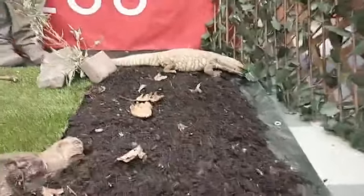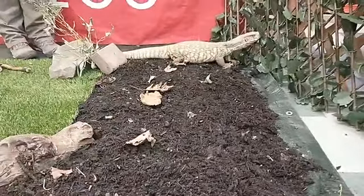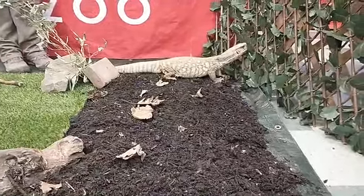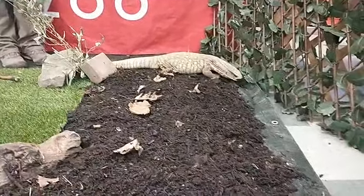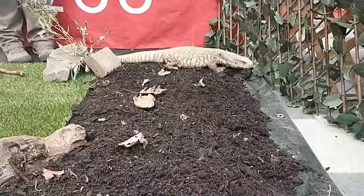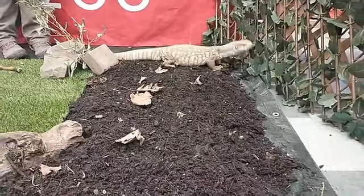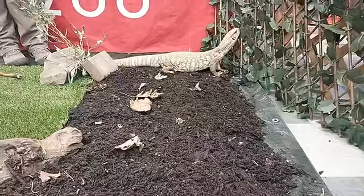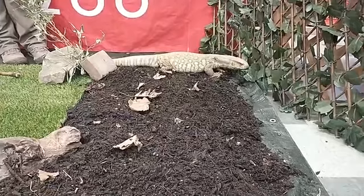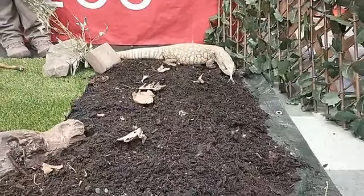Here at the zoo, he gets kind of a mixture of different things. He gets something called meat pie, which might sound interesting to us, but Rodney really enjoys it. It's kind of a mixture of all different kinds of vitamins and minerals. He gets little bits of mouse, little bits of ground up meat, and of course he gets crickets and other bugs. So today I have some of his little meat products. We're going to see if he's interested. You guys might notice that he has a very...